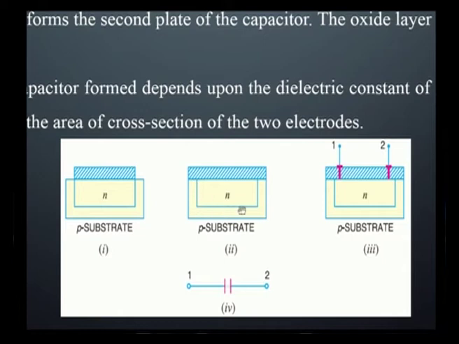To form an N well, we use trivalent diffusion on top of the n-type material. On top of it, a silicon dioxide layer is formed. This will act as the dielectric medium for the capacitor. There will be 2 electrodes, one thin electrode and another thick electrode. The 2 terminals of the capacitor, 1 and 2, can be represented and placed in a proper area with the help of etching.